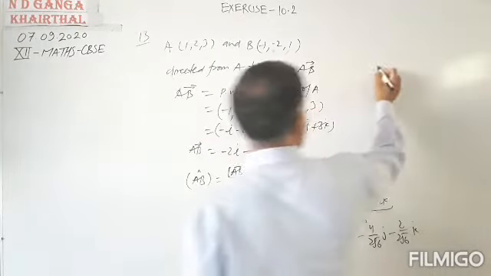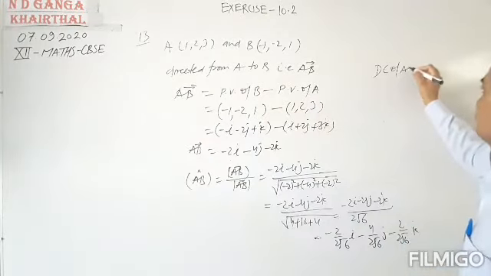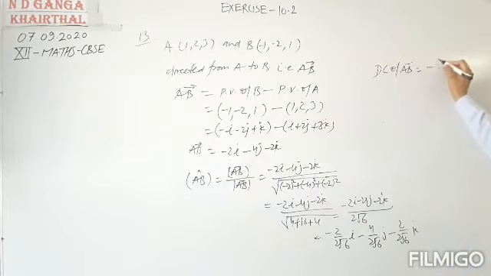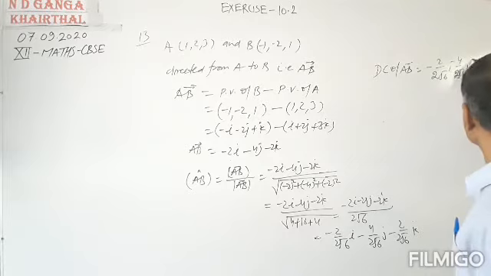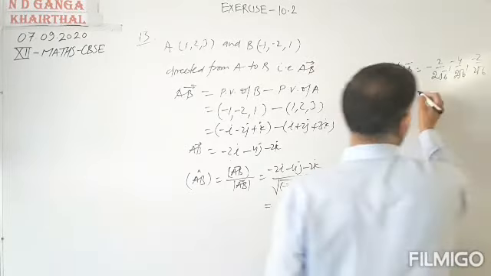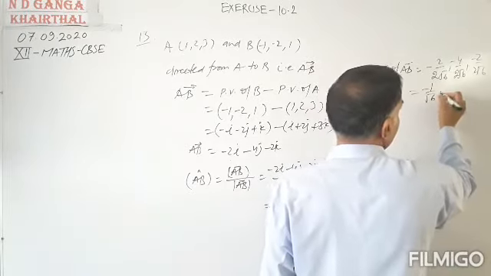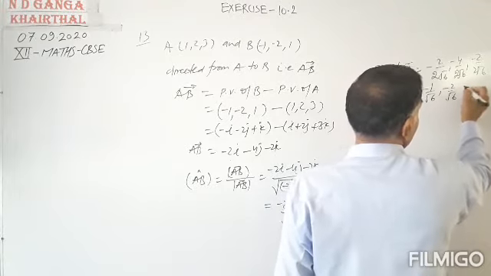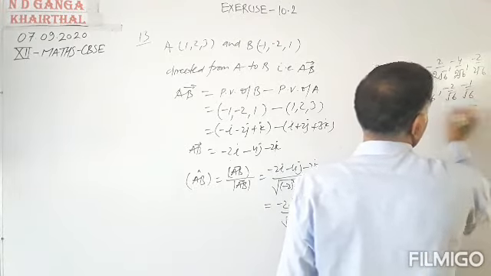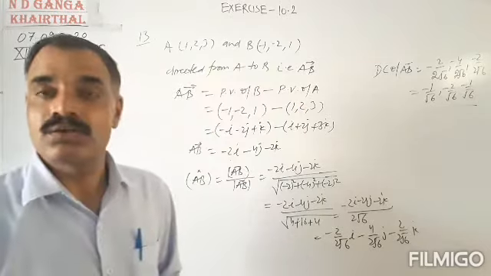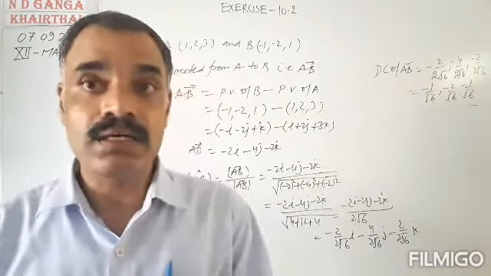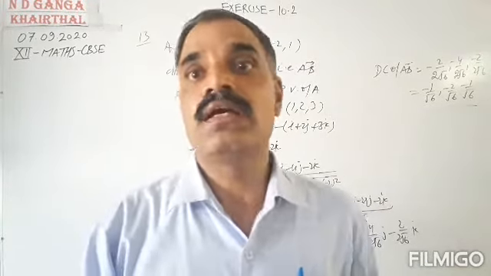So direction cosines of AB vector are minus 2 upon 2 under root 6, minus 4 upon 2 under root 6, and minus 2 upon 2 under root 6, which equals minus 1 upon under root 6, minus 2 upon under root 6, minus 1 upon under root 6. These are the direction cosines of the given vector AB. Okay. Now